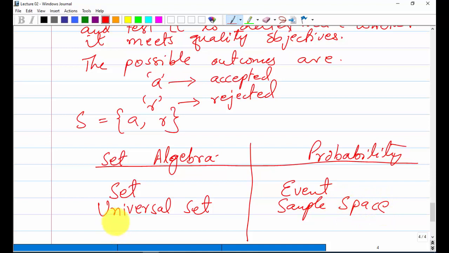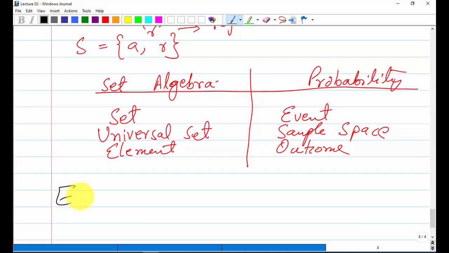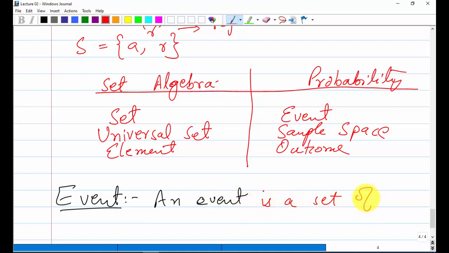यहाँ पर हमारे पास है एलिमेंट और यहाँ पे हमारे पास है आउटकम. अच्छा, इवेंट हमने अभी डिफ़ाइन नहीं किया, सो लेट्स डिफाइन दिस टर्मिनोलॉजी. इवेंट, so event is an event is a set of outcomes of an experiment. सो किसी भी एक्सपेरिमेंट में अगर हम इवेंट ले लें तो ए मीन्स अ सेट ऑफ आउटकम्स